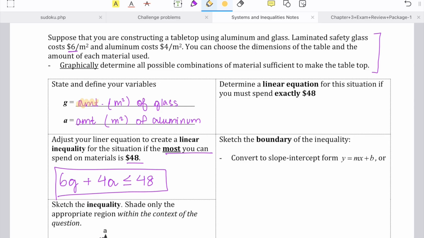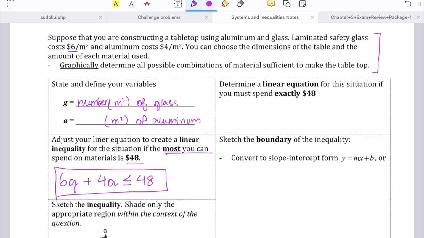G is the amount of material. So I can have 1 G and 1 A, so that'll be $10. But like, if you have 6 amounts, or is it Amount? Okay. Like, is the amount 1 meter squared? Number of, okay? Instead of, don't use amount, because then amount can be money, right? So number of,